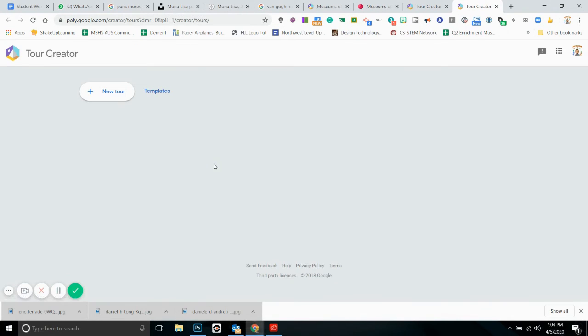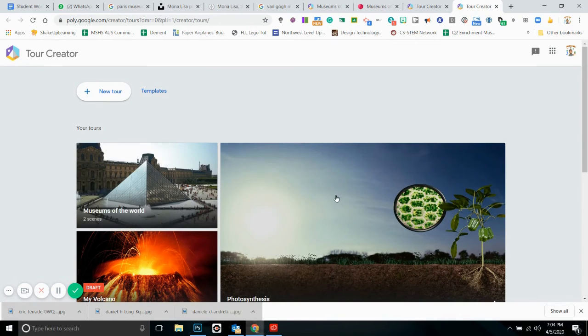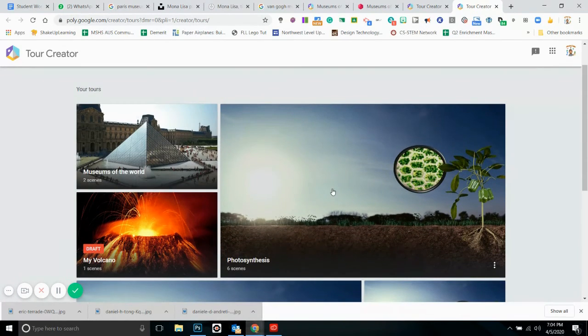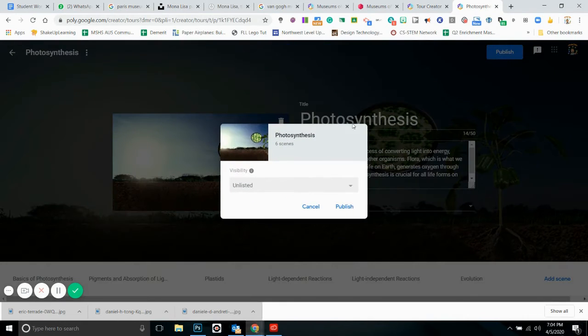It's limitless with this because there are so many images out there. So if you look here as an example, here is a tour for photosynthesis. Obviously, this would be at a higher level. But here's the tour. I'm going to publish it quickly so that you can have a quick look at it. And this is already just a template. It was pre-made. It's not something that I made, but